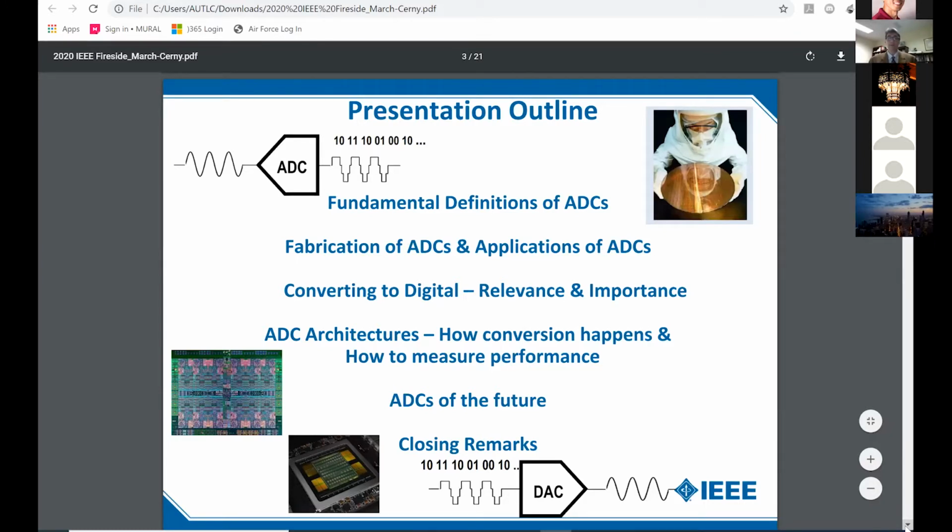We'll do a little bit of the science of converting to digital, but really why that's very important and how it's relevant to many of the things that we're doing, just like right now. And they really are, in very much their own right, an architecture. So we'll discuss that a little bit, how you move from an analog to a digital domain and how you measure it. Some things that are going to be happening probably in the future, both near and far, and then I'll do a little bit of closing comments. All right, that slide is finished.